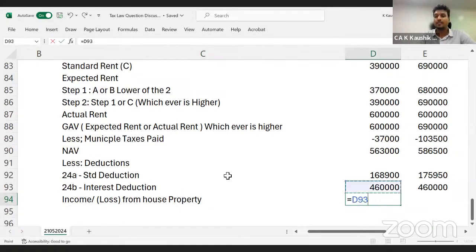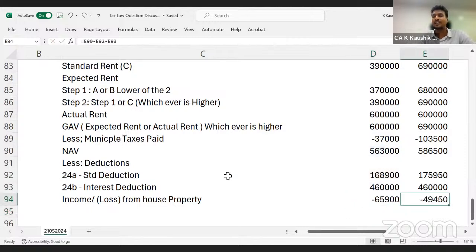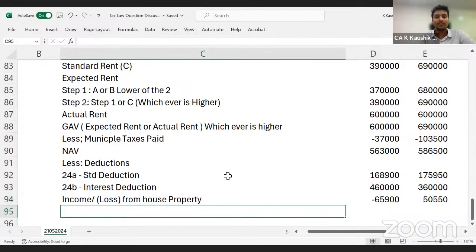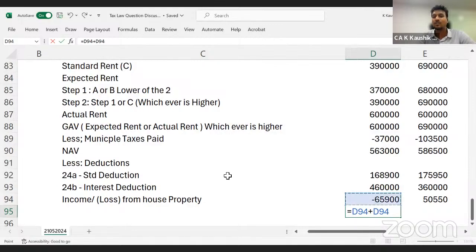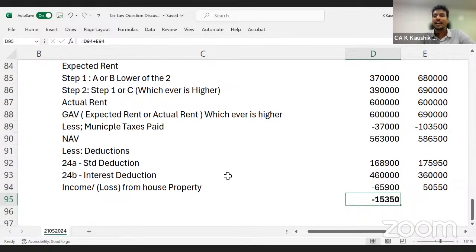So how do we get 5,63,000 minus 1,68,900 minus 4,60,000? We get 65,900 loss and 49,450 of loss. 2,70,000 plus 90,000, I've taken 1,90,000. So we get 50,550 of profit from house 2 and 65,900 of loss from house 1. Together, if I see from the head of income, so this is house wise, from the net, I have 65,900 loss and 50,550 profit, net 15,350 of loss from the income from